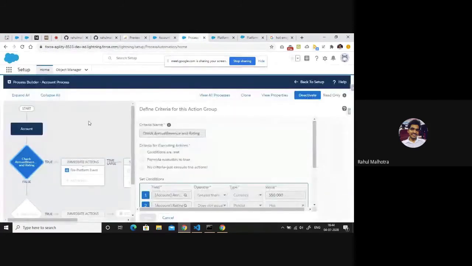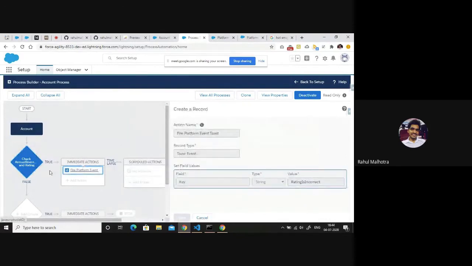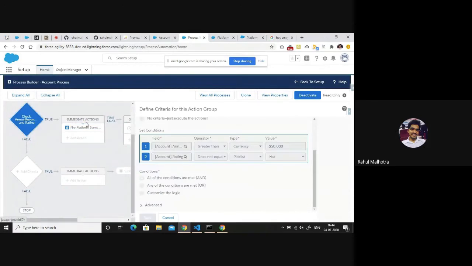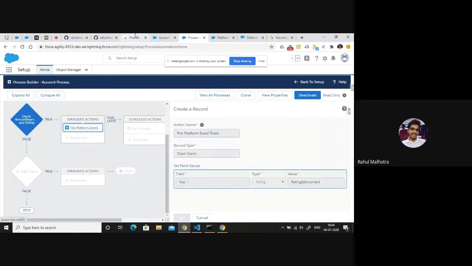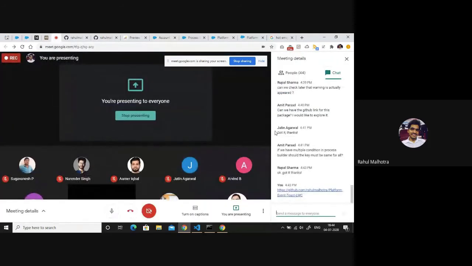if you're firing warning messages. Let's say you're firing a platform event toast in this condition as well, and you are firing a platform event toast in this condition as well. In that case, I'll recommend you to have two different keys because you will be setting up two different Lightning components over here, and you will be setting up two different messages over here as well, right? And in case you want to show the same message in both the cases, then you can simply have a single key, and you can set up the single key in both the Lightning components. So it depends on the use case that you are dealing with, right?